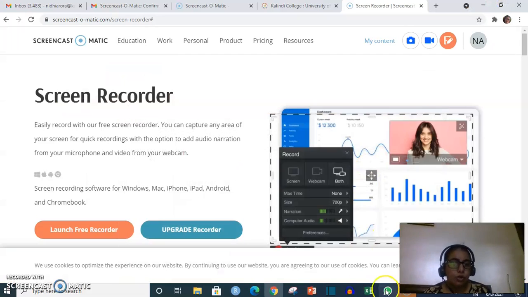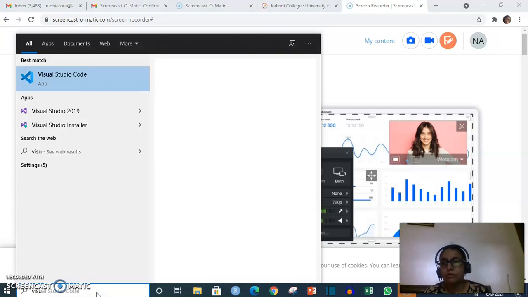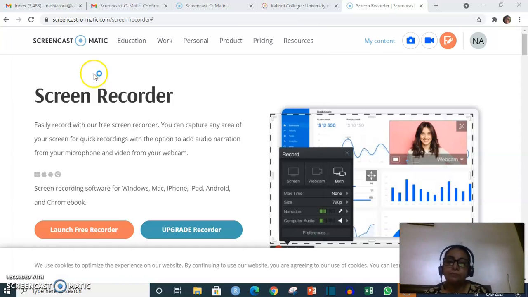Let me show you the code which I executed by using Visual Studio Code. I'm just opening my Visual Studio Code.